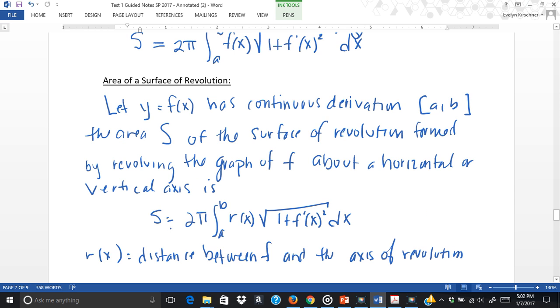And we could do the same if we had a function in y. It would be r of y, and this would be g of y, dy. Same exact